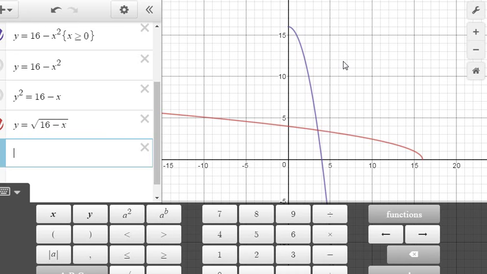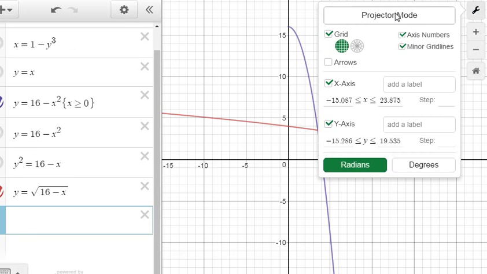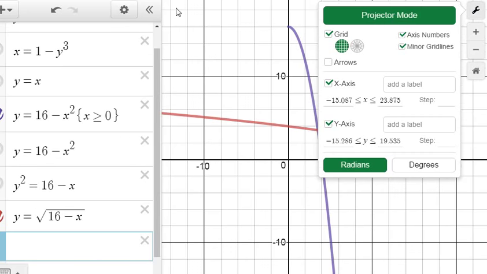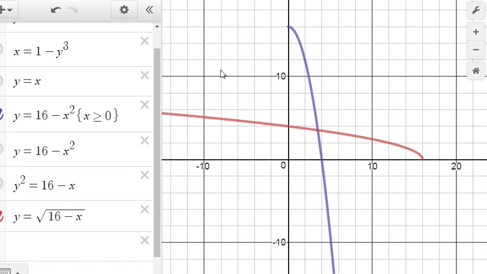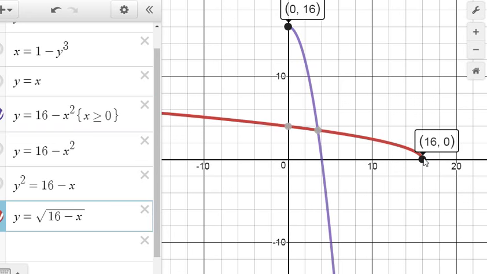What I want you to do is take a look at both of these functions. Let me see if I can make that a little darker. If you hit the Tools button, hit Projector Mode, that makes it a little bit darker for you. Let's put a couple points here, 0, 16, and 16, 0. What I want you to do is come up with the domain and range of each function. The purple one is our original function, and the red one is the inverse function. Then compare it to your neighbors. So make a friend,